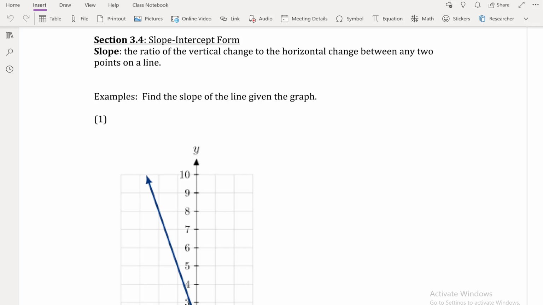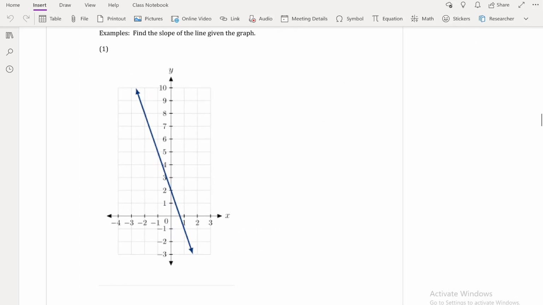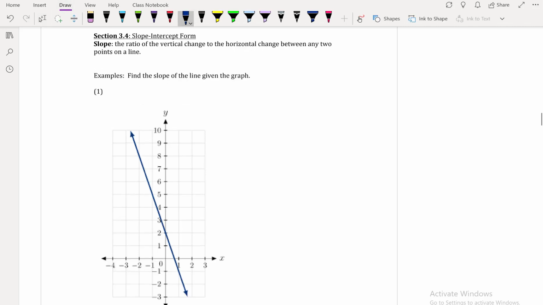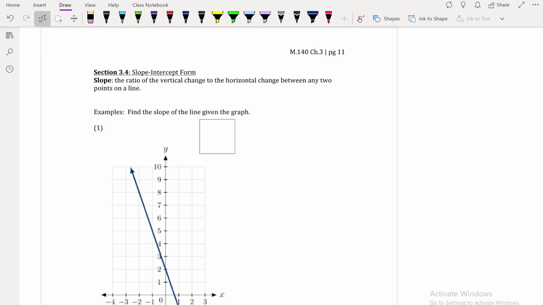So here we want to find the slope of the line given from the graph. Remember what this definition is telling us, that it's a ratio. A ratio can be expressed as a fraction, and it's telling you that the slope is a fraction. So my slope, which is the same as the ratio, is going to be a fraction. And in that fraction,